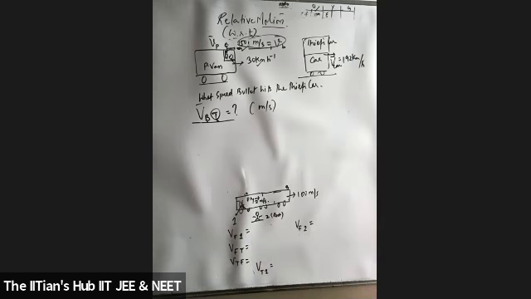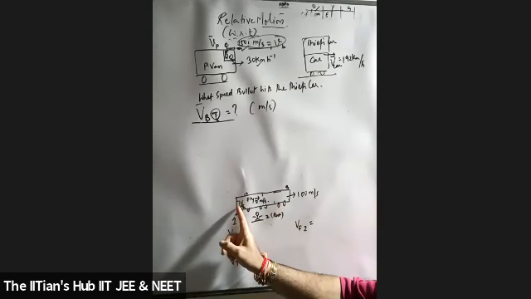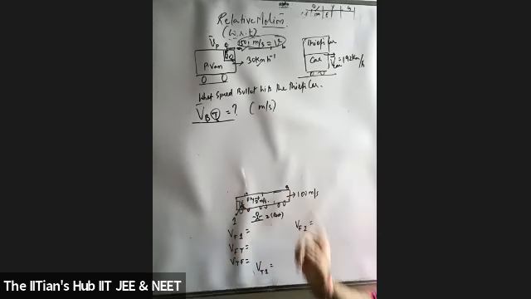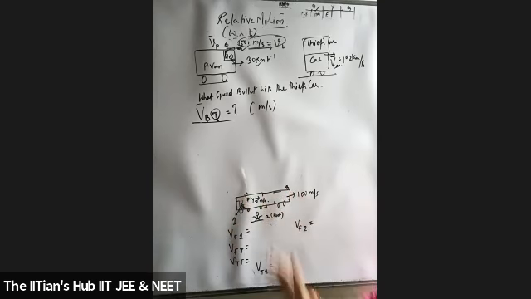Question clear hua students? Yes, sir. एक ट्रेन है, एक लंबा सा ट्रेन है और पूरा खाली है. पैसेंजर यहाँ पे पीछे की सीट पे बैठा हुआ है. I get it, and he's at rest. And the train is moving with 100 meters per second in the forward direction. A fly is moving from one end of the train to the other with 2 meters per second.